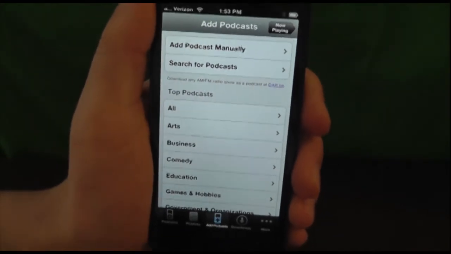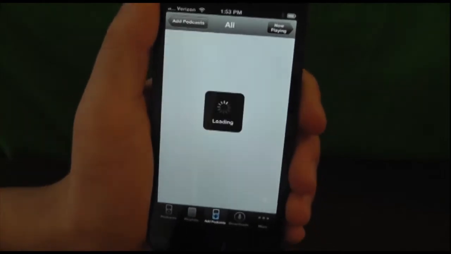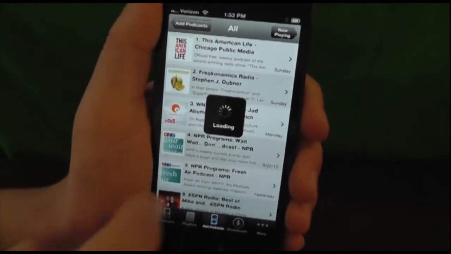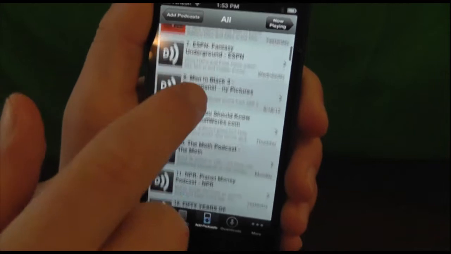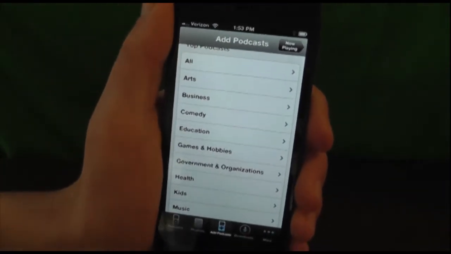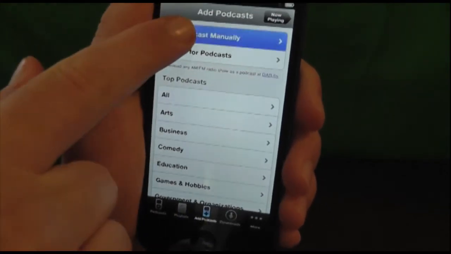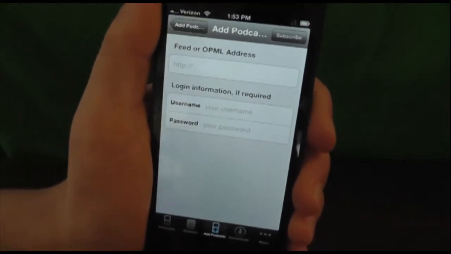Now, what this application lets you do is not only search the regular podcasts by Apple in the top lists and all the categories, all organized very easily. You can instantly add them to your downloads queue and listen to samples and all that stuff. That's really easy, but it also lets you add podcasts manually, and this is a really, really cool